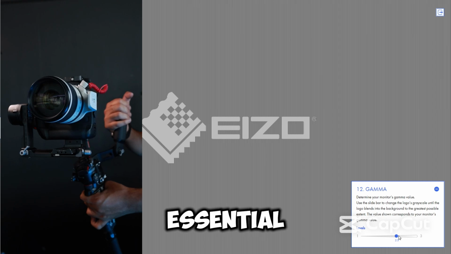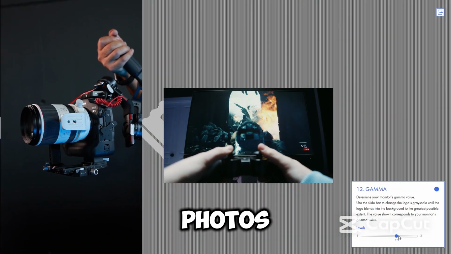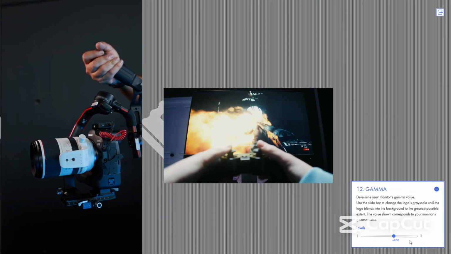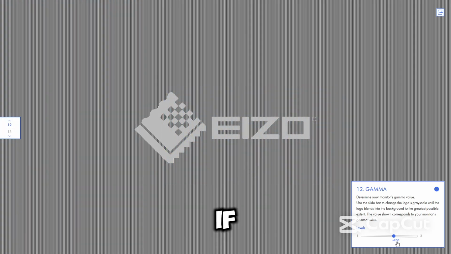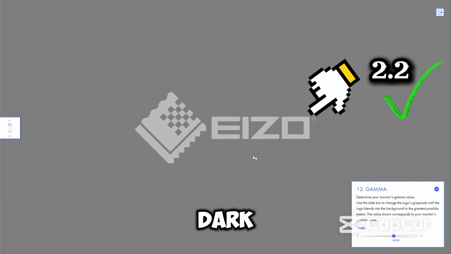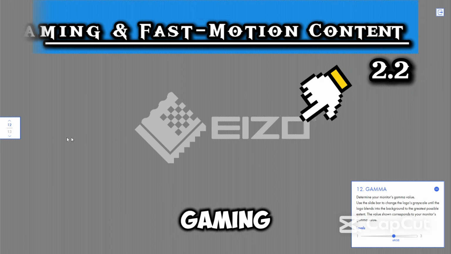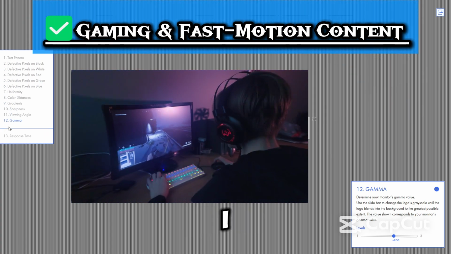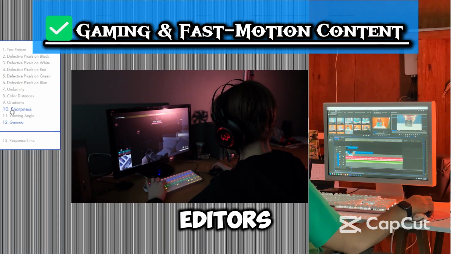This is essential for accurate image production. Photos, games, and videos can look washed out or overly dark if gamma is wrong. If the logo blends in when set at 2.2, your monitor is properly calibrated for standard gamma. If it blends in at a lower or higher value, your monitor might be too bright or too dark in the mid-tone range. For gaming and fast motion content, which I recommend for gamers, video editors, and streamers, you would